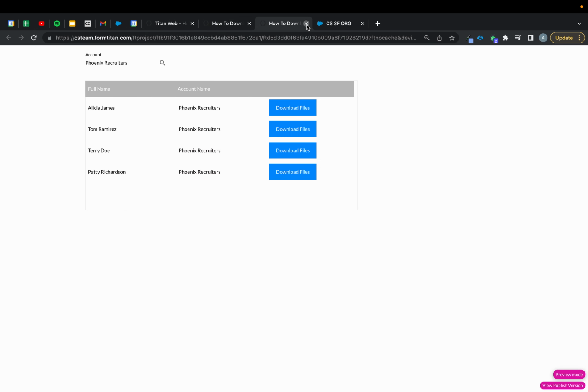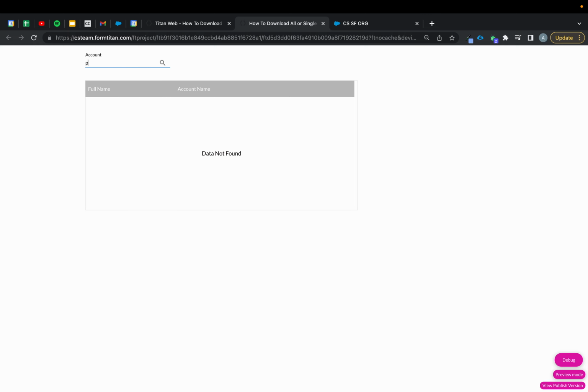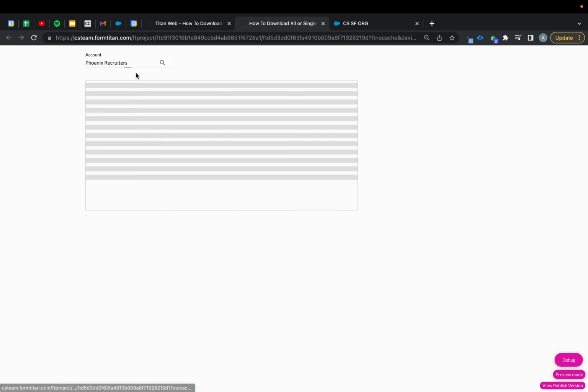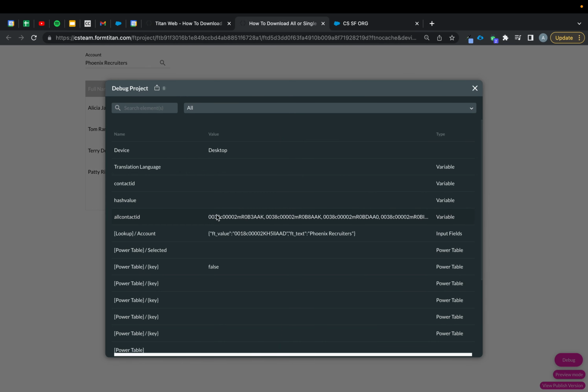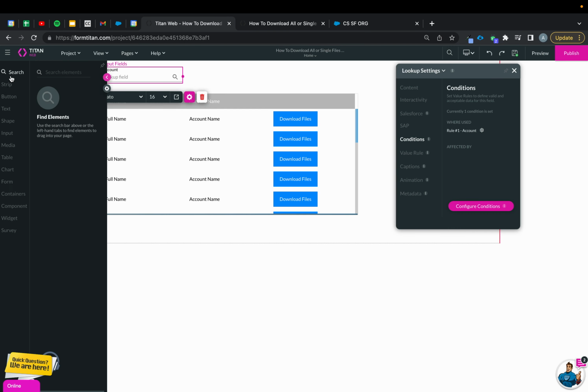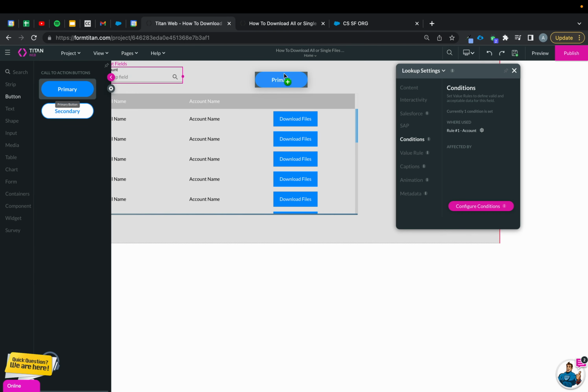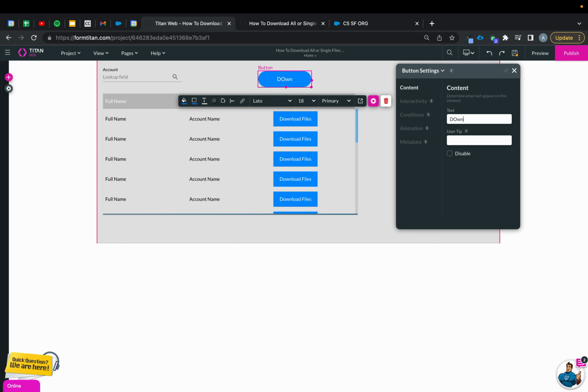Close, close, close, close, close. Just 1. Phoenix Recruiters, like that. It's there. Okay, so now in the debug, you can see we've got 4 values concatenated together. Now what you can do is you can put a button like this, and you can call it download